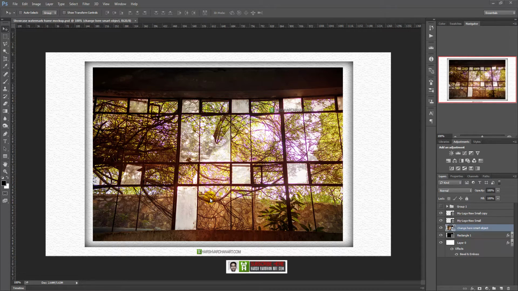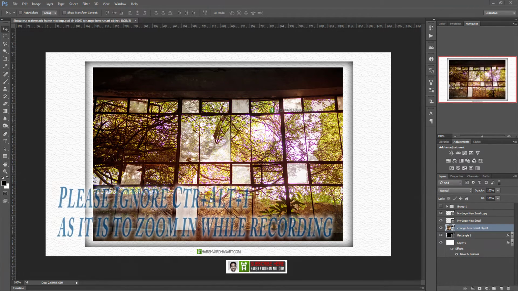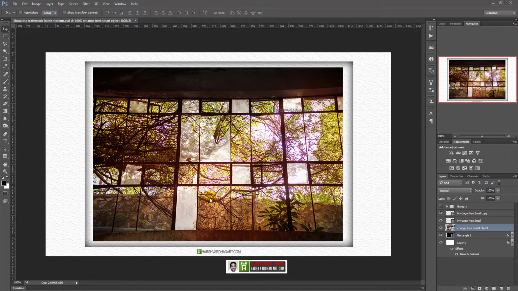Smart objects are very useful and are usually used in design mockups. If you are not aware of design mockups, then let me tell you that design mockups are designs which are created mostly in Adobe Photoshop, where certain elements are made of smart layers, which can easily be replaced with a new one, or any changes on those elements can be made with a few mouse clicks. So this is a wall frame mockup which I have created,